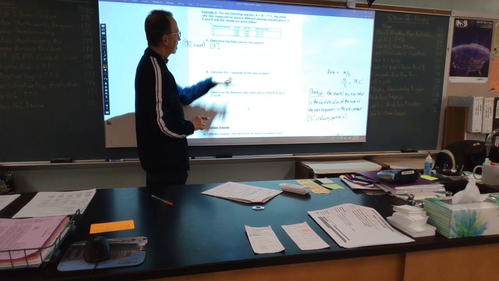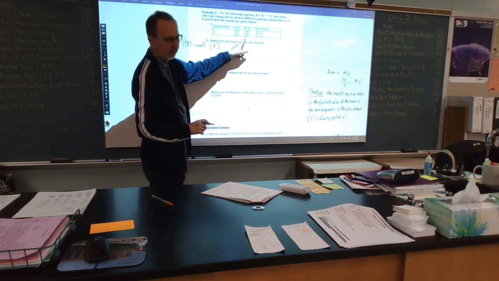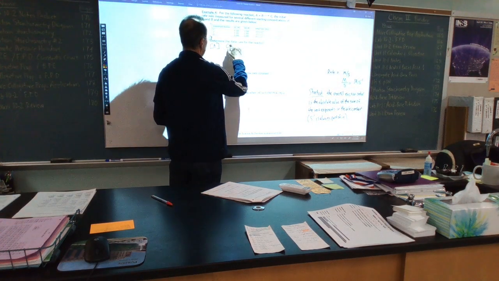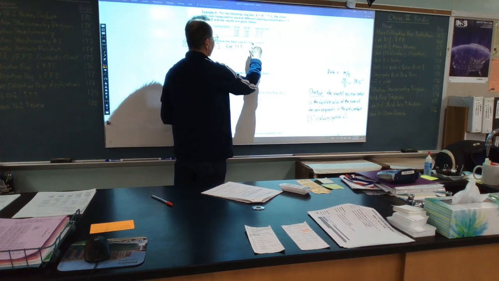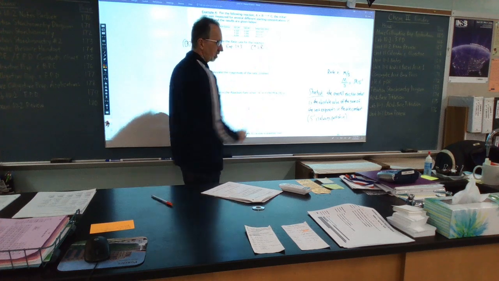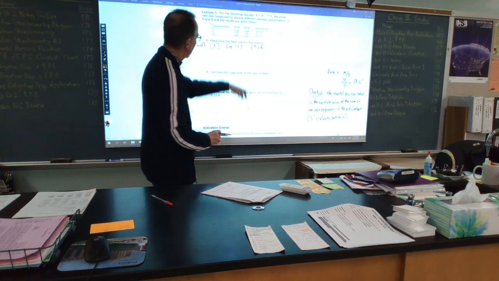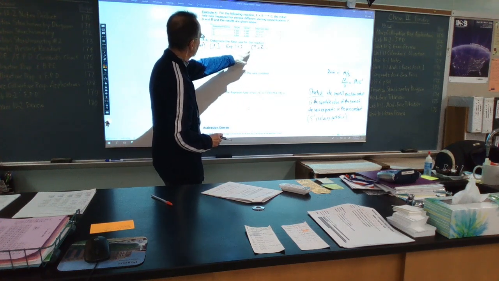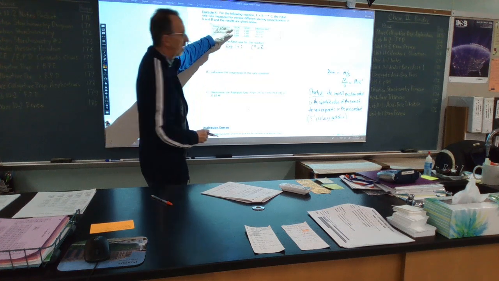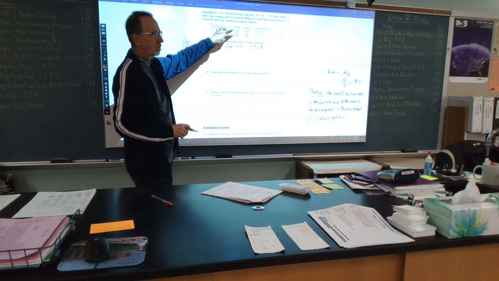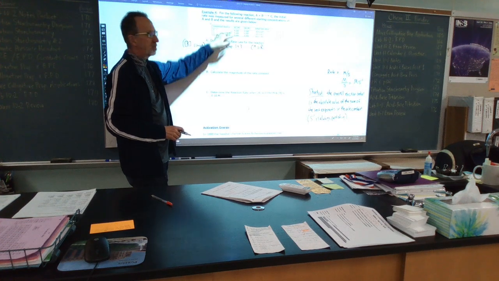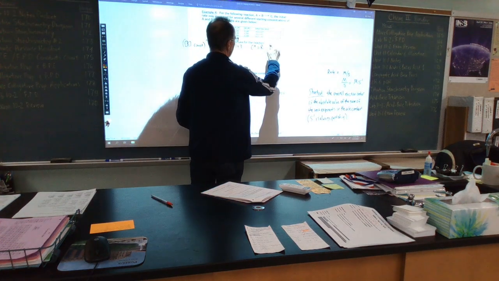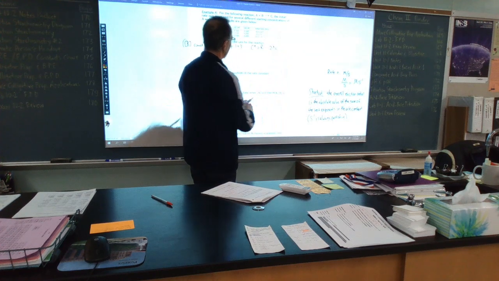Now, if we determine the reaction order for A, remember B concentration has to be constant. Where is B constant? 1 and 3. So C to the X equals R. How did the concentration change of A between 1 and 3? Well, it went from 0.100 to 0.200. 0.200 divided by 0.100 is 2. Factor of 2. So 2 to the X equals